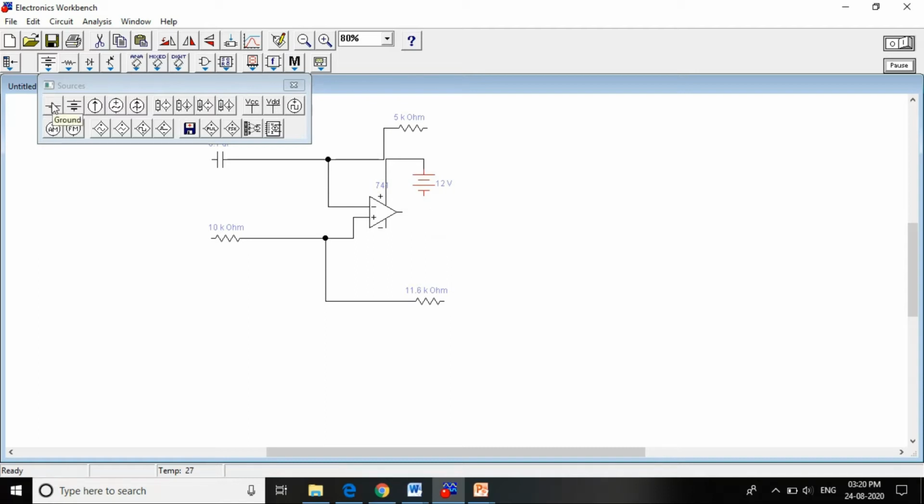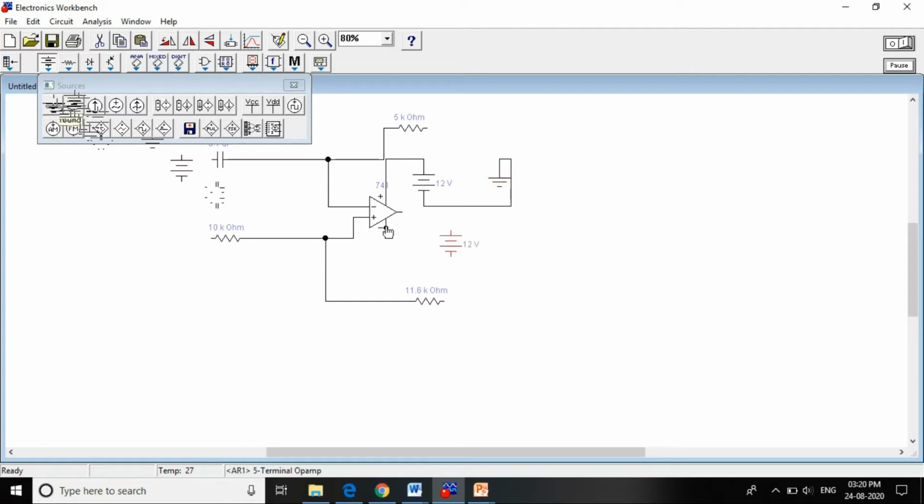So this is the ground. So if you don't know the symbols, you just click on it, it will show you what actually the symbol means. Okay, so then you drag and drop here, then make a connection between your negative or minus VCC to the ground. Okay, then one more battery we need here. So again you select and drag and drop here.